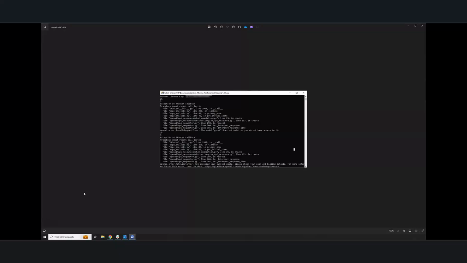So this is a very common error that is happening if you have a brand new OpenAI API key, if you've gone to platform.openai.com and signed up for an account for the very first time. You might get this error. And what this error is